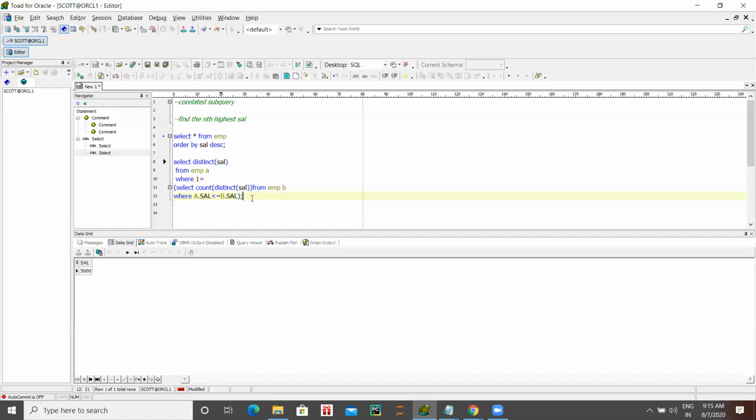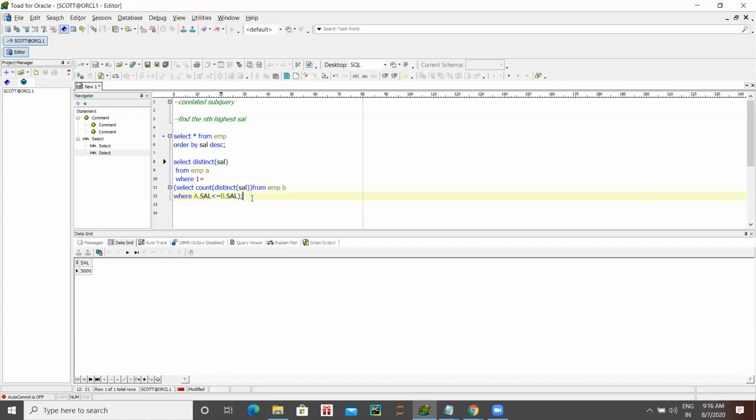So it always goes and checks the outer employee table, then checks smaller than or equal to, and gives the output accordingly. Every time it will go outside, check and give the output, then it will give the result. So this is nothing but your correlated subquery, where the outer query and the inner query are related.